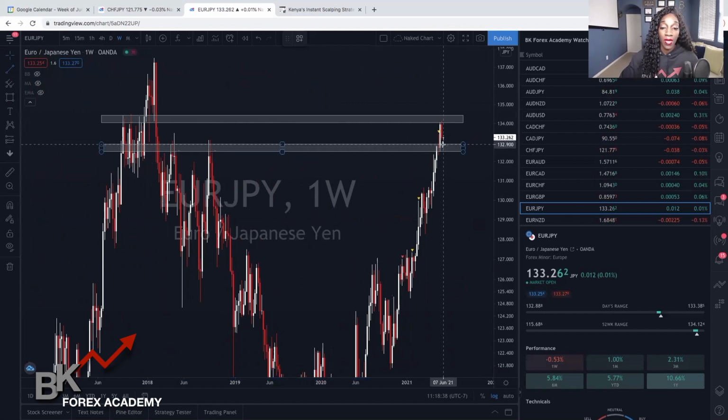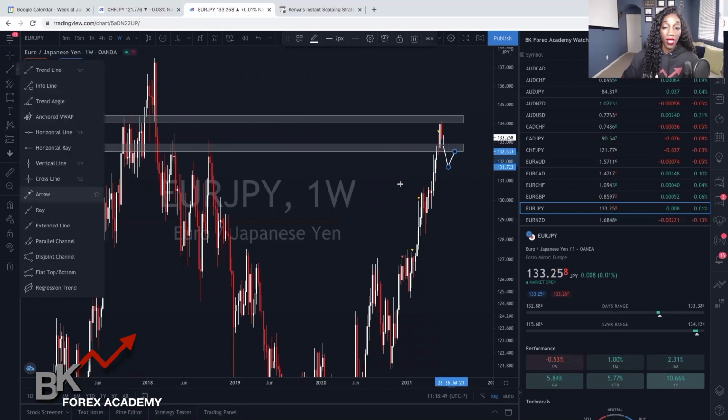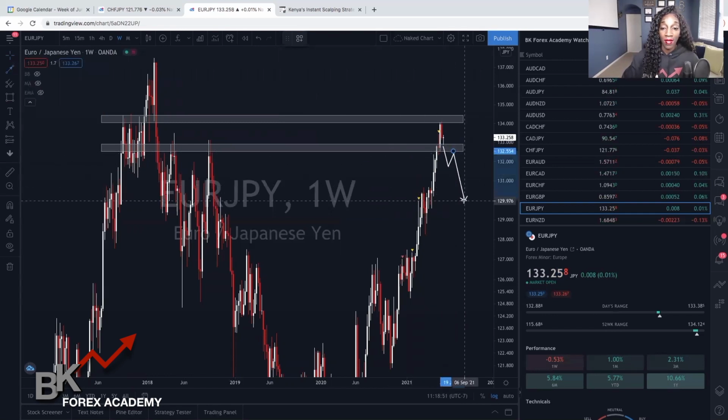We could see the market come down and break below this structure. So it could break below. We could see a retest, and then we could see another push down for a possible trend continuation or reversal, right? That could happen. But we also could see that the market may break above this structure level and also